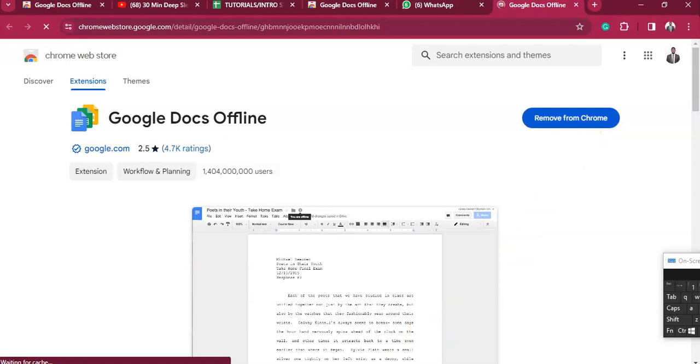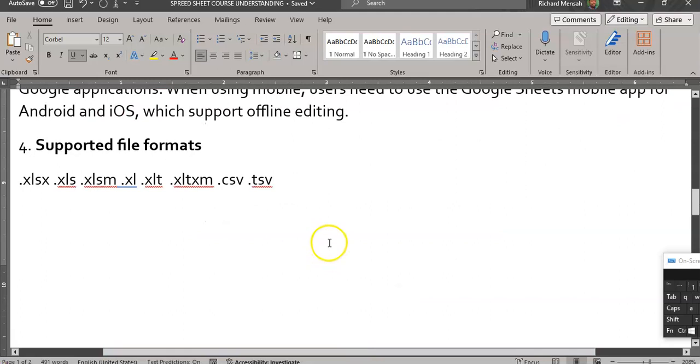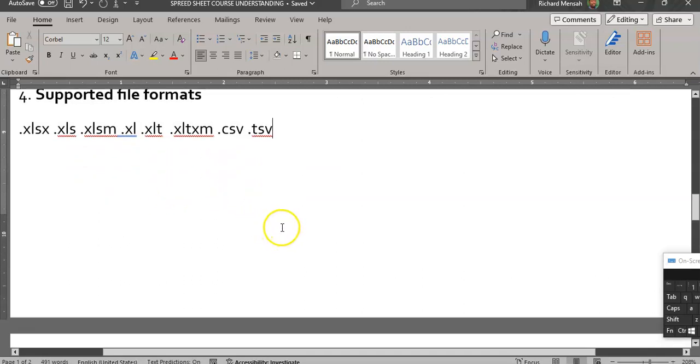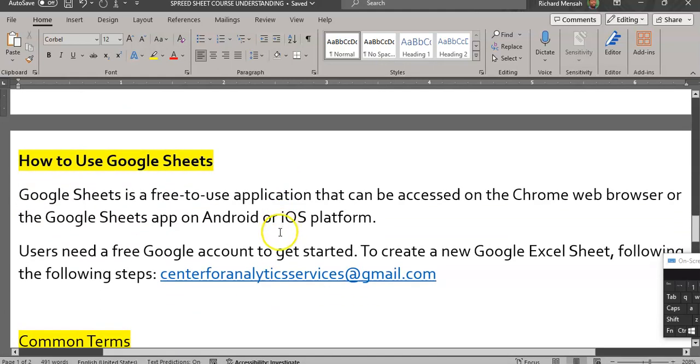This is an introductory video, so in our subsequent videos we would take you further from here. And these are some of the Excel supported files: Excel main files, CSV, TSVs, and the rest. We will take you through one after the other. So with Google Sheets,